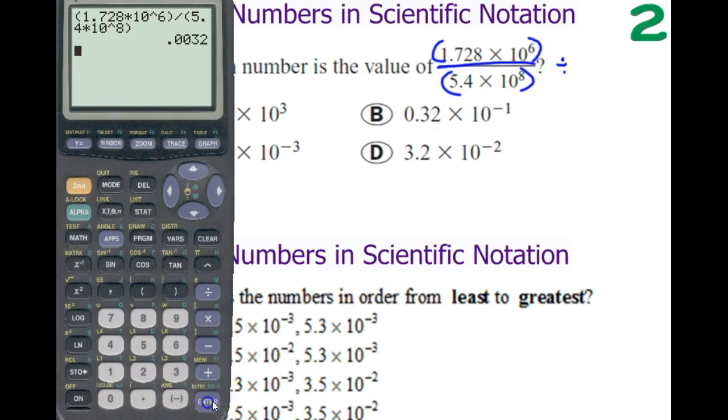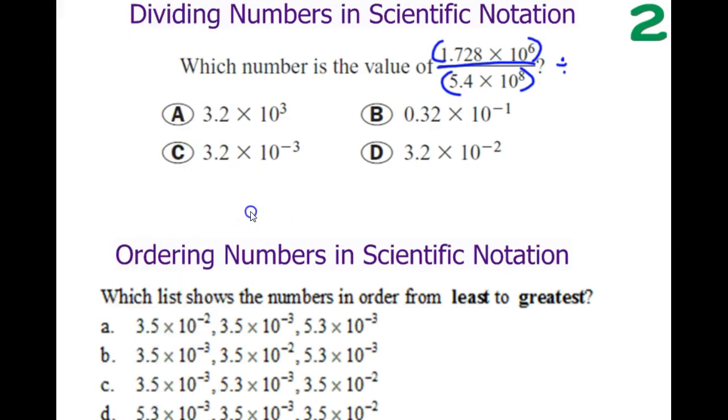End my parentheses. And I get an answer of 0.0032. Now this is not in scientific notation. All of our answers are in scientific notation. So remember, we need a number between 1 and 9, and then times 10 to some exponent. So if we just look at our answers first,